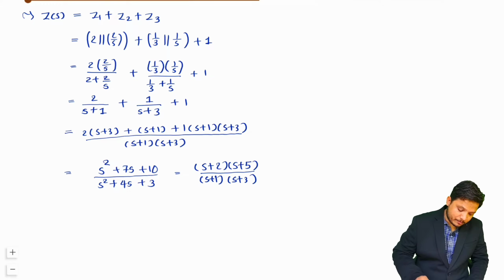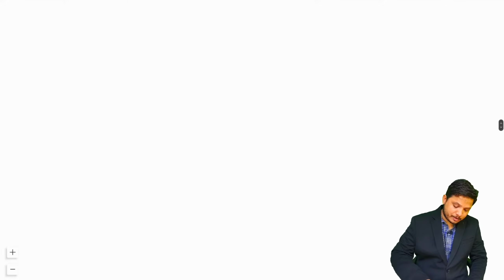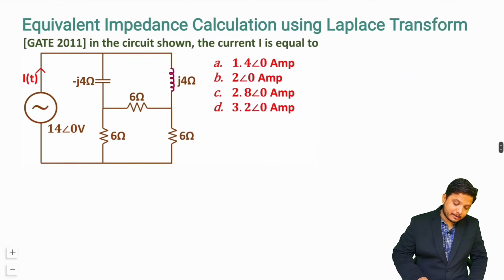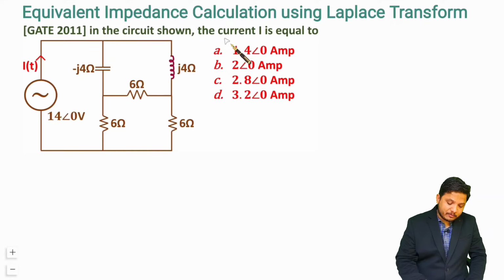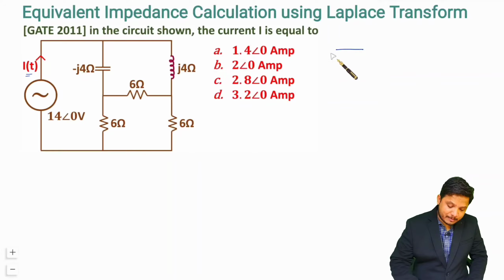Let me give you one more interesting question, so that will resolve your understanding. Now this question was there in GATE 2011. Here we have to find the current I of t. Now see here, a voltage source is given. So if I say we have this type of circuit, you see we have one voltage source,